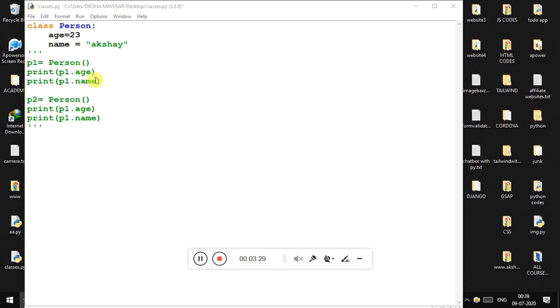So now let me just comment out this code, and now I'll be telling you guys about something known as the init function. All classes have a function called init, which is always executed when a class is being initiated. You can use the init function to assign values to the object properties or do other operations that are necessary when the object is being created. I mean, you can use this init function to assign values to the properties of a person or any object